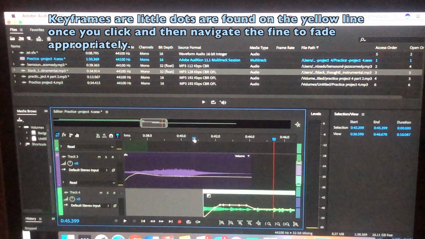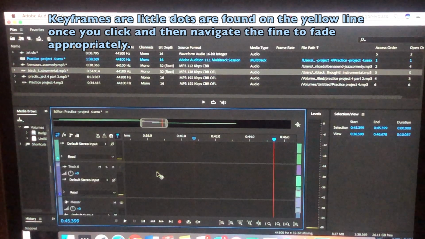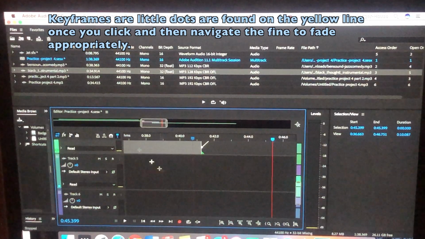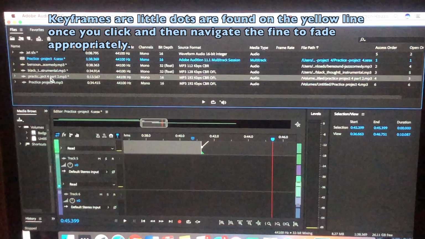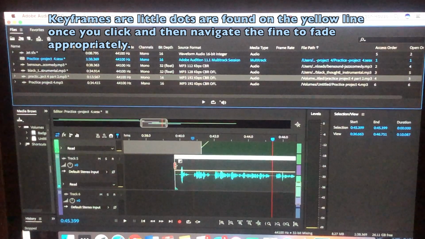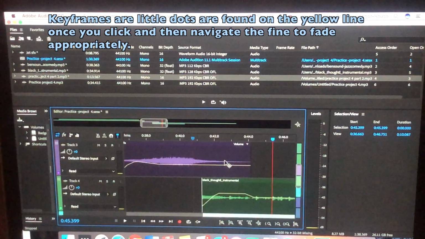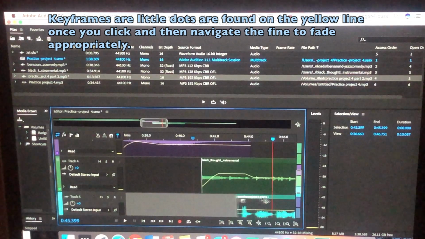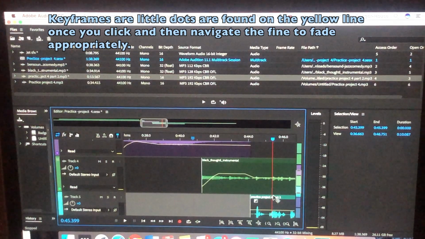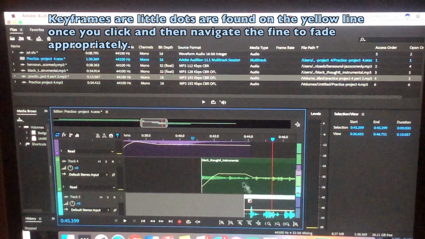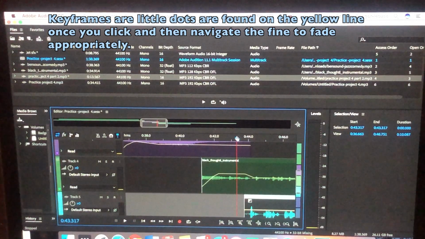Music fades back down, and then track number 5 for the second part of project 4. Wanted to start at the fade down. So as it's fading down,